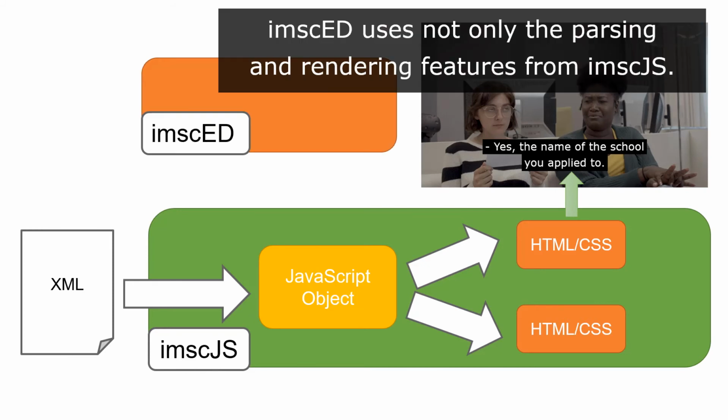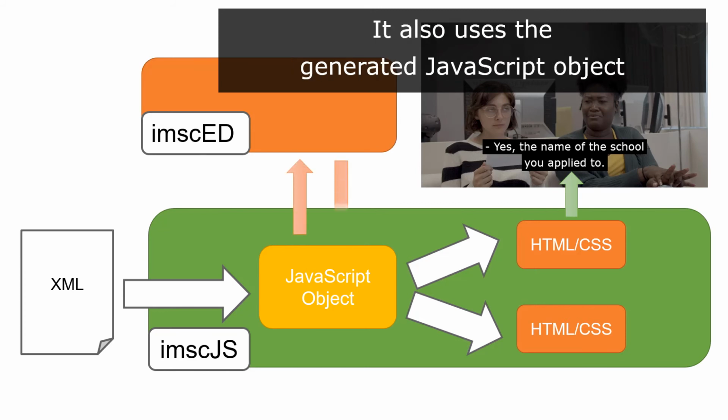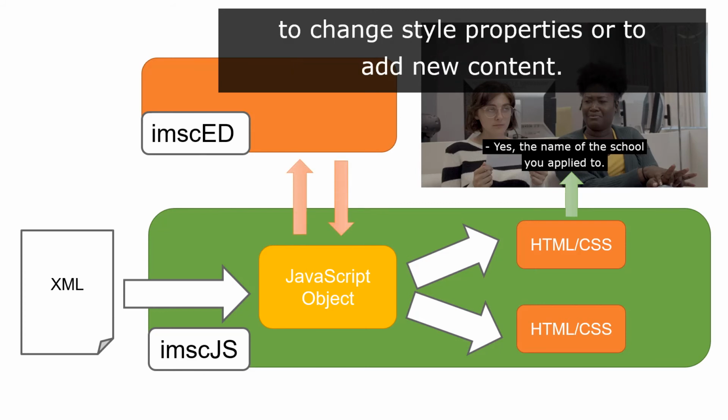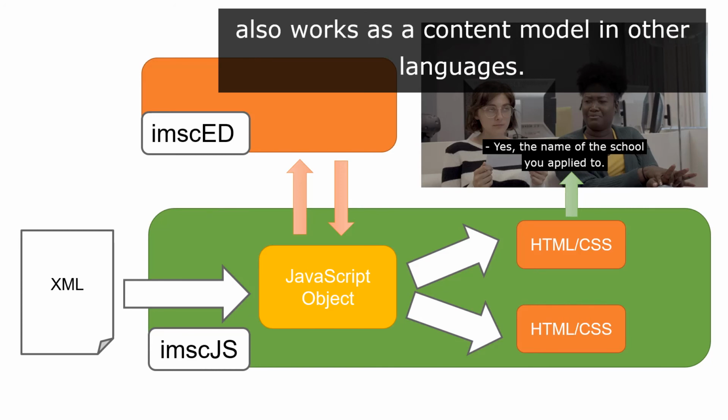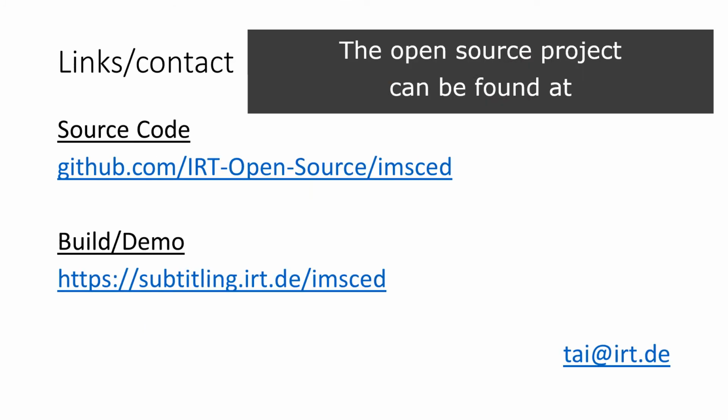The subtitle editor imscEd uses not only the parsing and rendering features from imscJS, it also uses the generated JavaScript object to change style properties or to add new content. This works pretty well and demonstrates that IMSC is not tied to XML, but also works as content model in other languages. The open source project can be found at